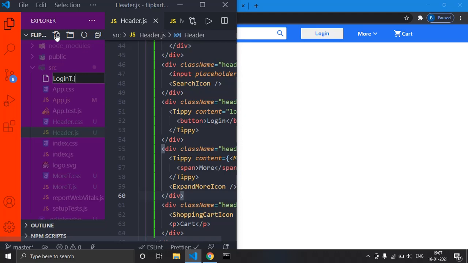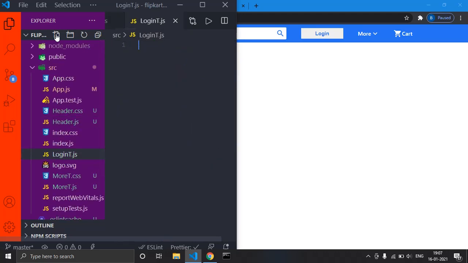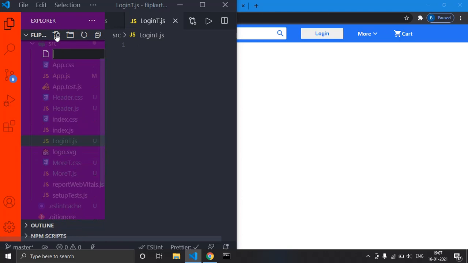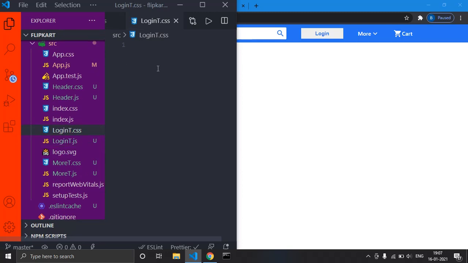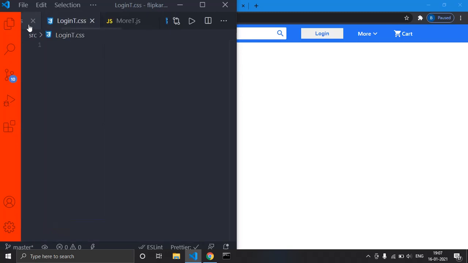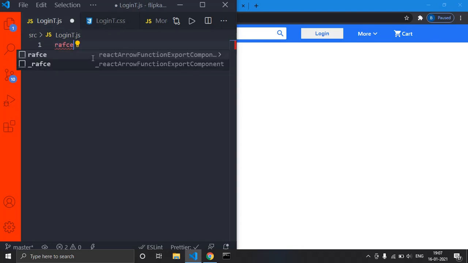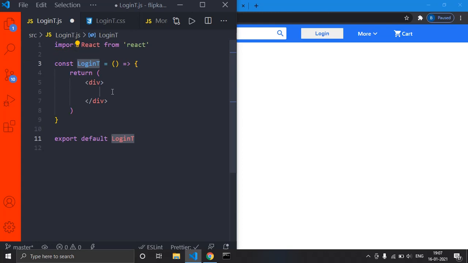So that is a loginTooltip.js, and I will also create another file that is a css for that, login t .css, and just click enter. I'll just press Ctrl B to eliminate that sidebar, and just type in RFC to create an arrow function.